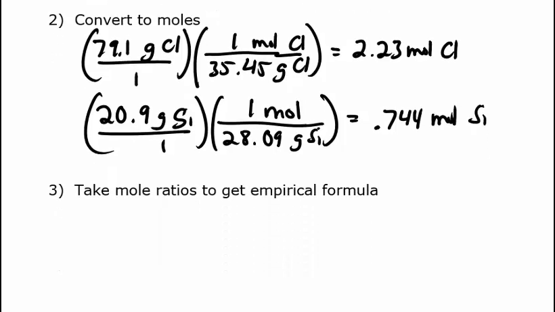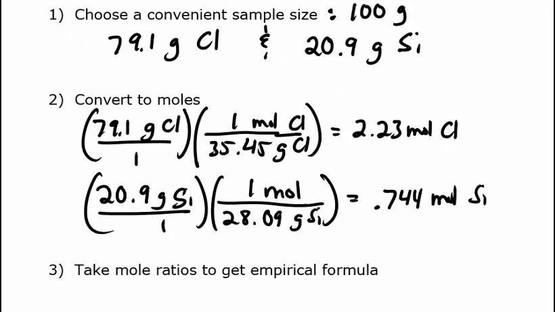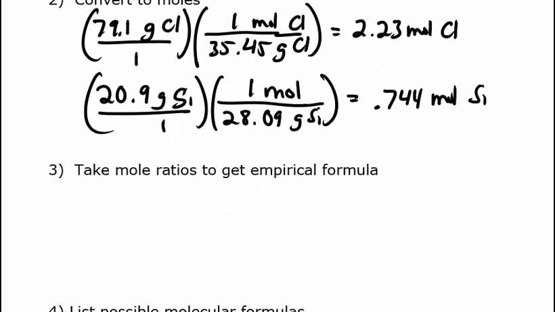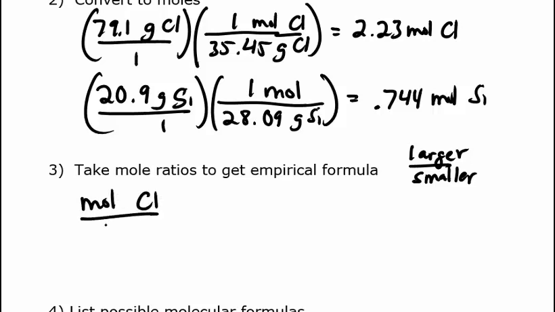Now we're going to take mole ratios, because the formula is basically a mole ratio. At least the empirical one is. So we're going to take the larger amount and put it over the smaller. You don't have to do that, but we'll take the larger one and put it over the smaller. The larger one is the chlorine, around 2 moles. Silicon is less. So we'll take the moles of chlorine and divide it by the moles of silicon, which is